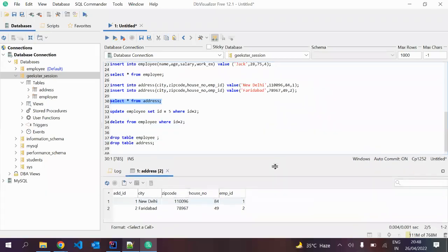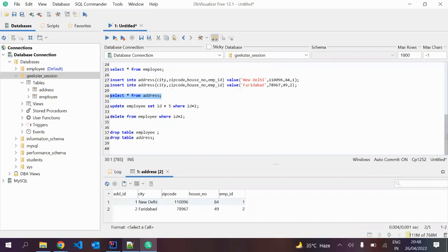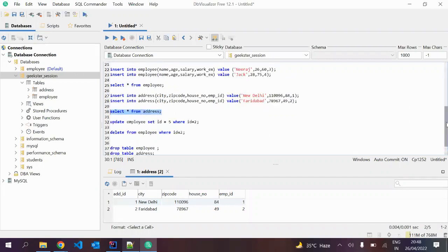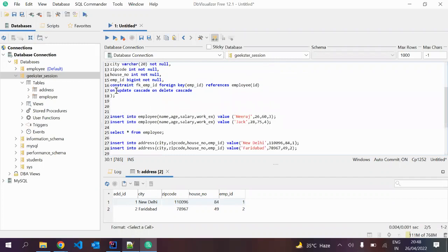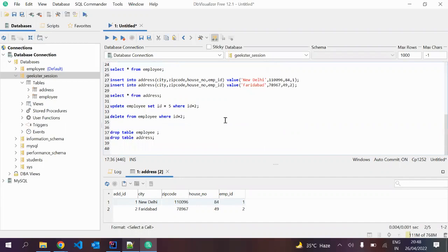Okay, address table भी हो गया. Now let's come to our real problem which we were trying to solve by putting this particular line of code, this particular syntax, on update cascade and on delete cascade. अब इससे हुआ क्या? अब जो पहले हम अपडेट कर रहे थे एम्प्लॉय की आईडी जहां हम 5 कर रहे थे, here you can see we have one, just see it very carefully, then only you will be able to